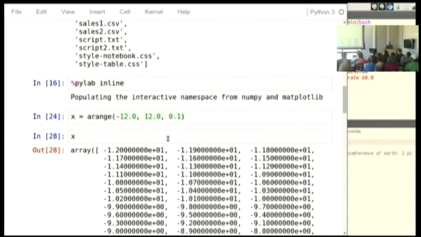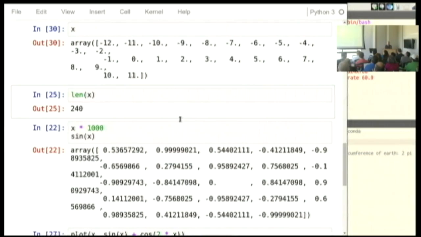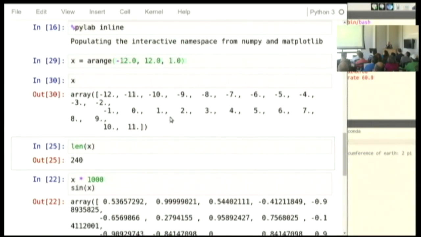And I sit there, and I look at something like this, and I'm like, okay, it looks to me like x has 24 numbers. Why does it say 240 down there? It's a mystery. And only if I look at the indexes do I say, oh, wait a minute, that's input 25. That's input 30. That one was run later. I must have been jumping back and forth.